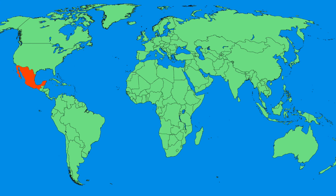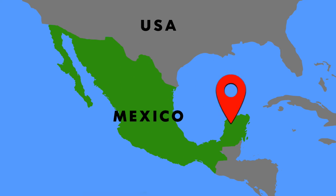This small town is mostly known for its pink salt lakes. But I was here about a month ago and at that time the lakes were not pink. I had been living in Mexico for more than a month. Today I had come to Las Coloradas, located in the north part of the Yucatan Peninsula and close to the